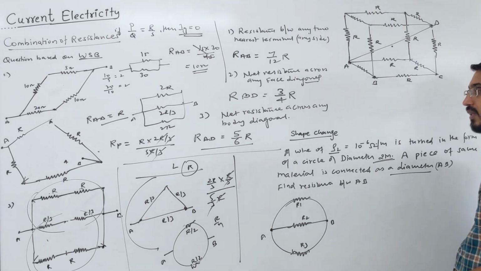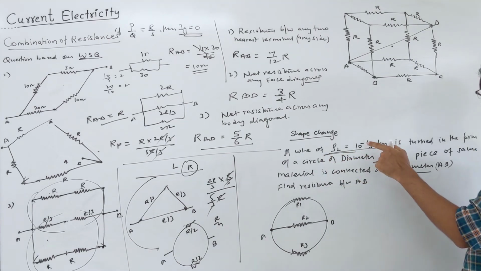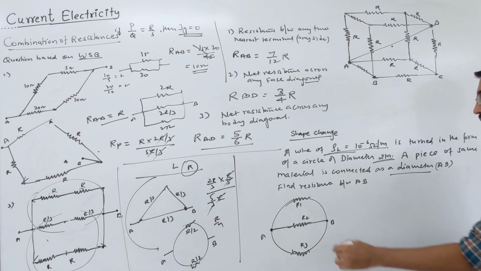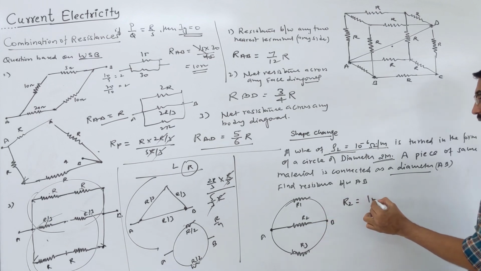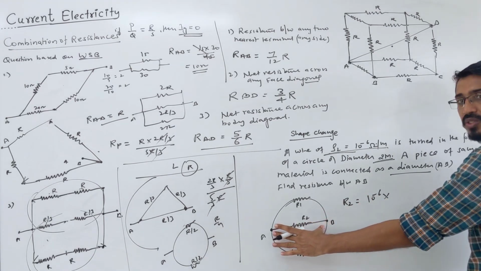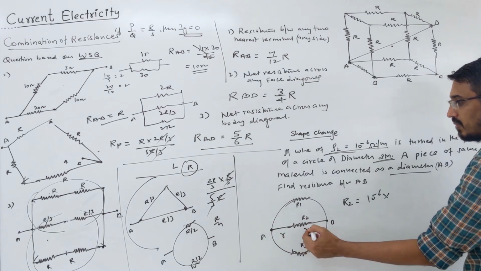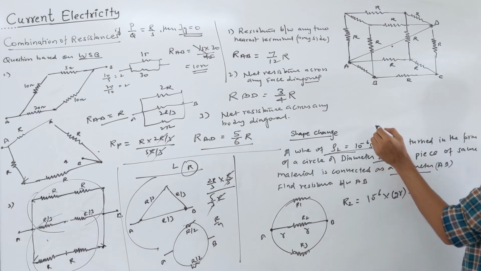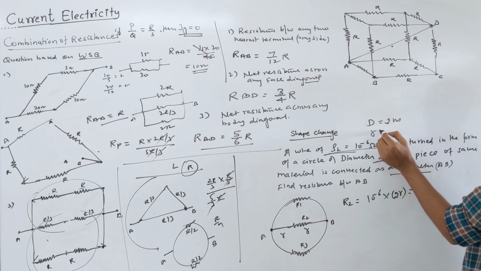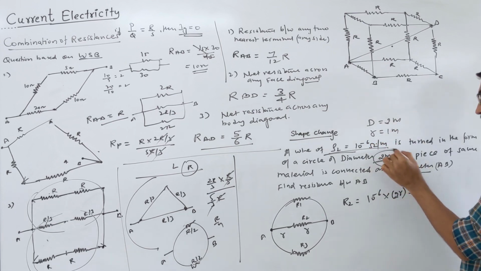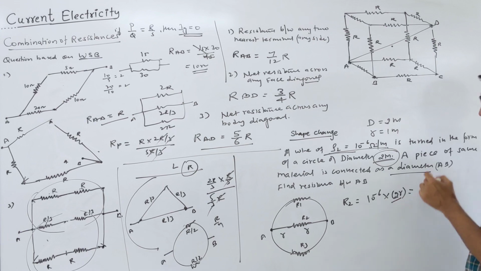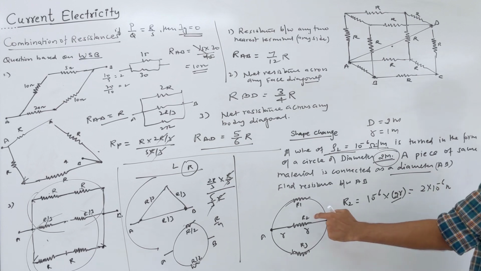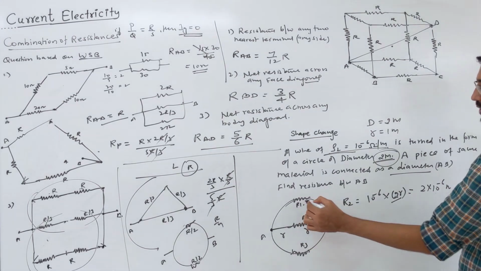Now we need to know the value of them. So look, very easy to find. Resistivity is given, which is resistance per unit length. If you know the length, you can find the resistance. So what is R2? Look here. Resistivity is 10 power minus 6 into the length of this piece of wire, radius R, that will become 2R. What is the answer? 2R, 2 times the radius. What is the radius given to us? Look at the diameter given, 2 meter, radius becomes 1 meter, right? This is given to you. So this 2R becomes simply 2 only, right? So this becomes 2 into 10 power minus 6 ohm. This is the resistance of this piece, R2.